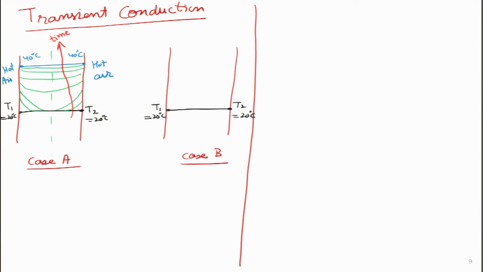Now let us see if we have a different type of wall, what might happen in case B. In case B also we are heating the wall, so eventually its temperature will increase and it will go to the same temperature, 40 degrees over here and 40 degrees over here. But let us see how this special wall, case B, behaves. The temperature here changes this way. These temperature profiles are at different times. So time is increasing accordingly, and I will draw the red arrow again to indicate the increase of time over here.